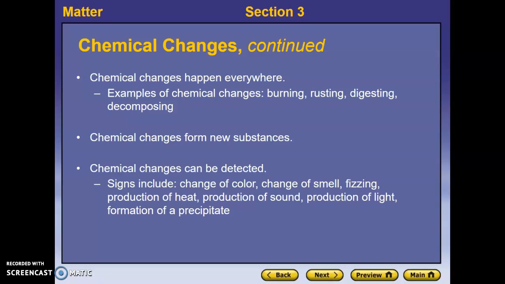In any case, with the production of heat, the one thing that catches students is that oftentimes they think we're talking about heating something up, like using a hot plate, the microwave, or the stove or oven. But this is a heat that is happening from within the substances.